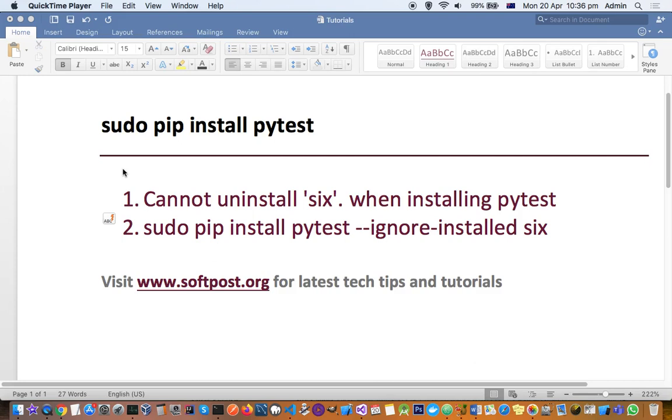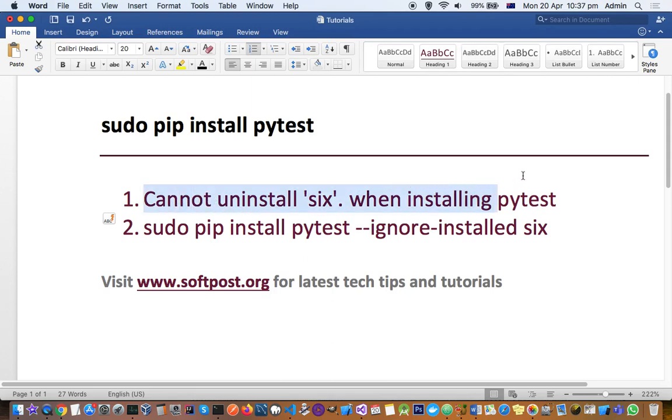When I was trying to install pytest, which is a unit testing framework in Python, using the command pip install pytest, I was getting an error saying that it cannot uninstall six, and it was blocking my installation of pytest. So to fix this issue, I executed this command: sudo pip install pytest, and here I